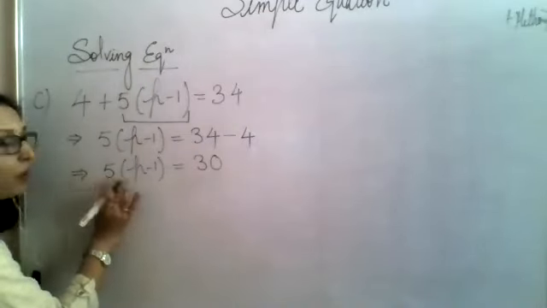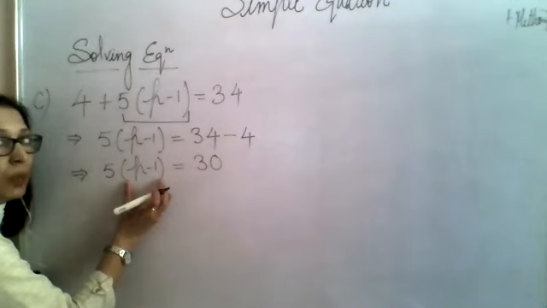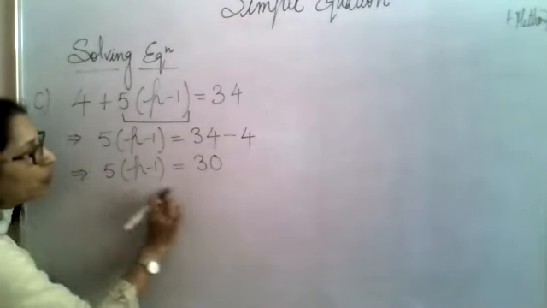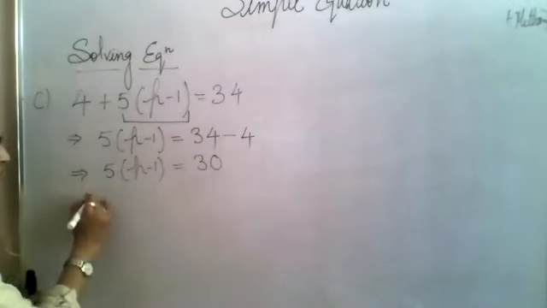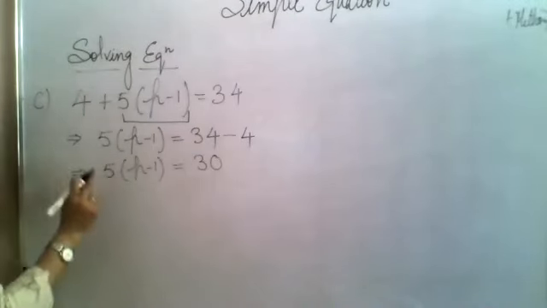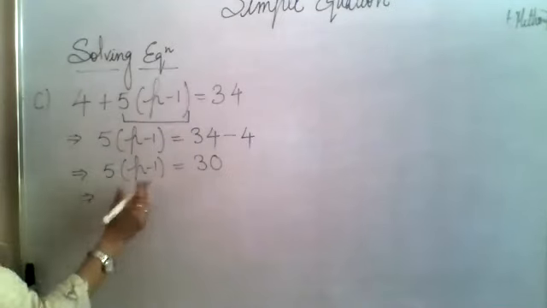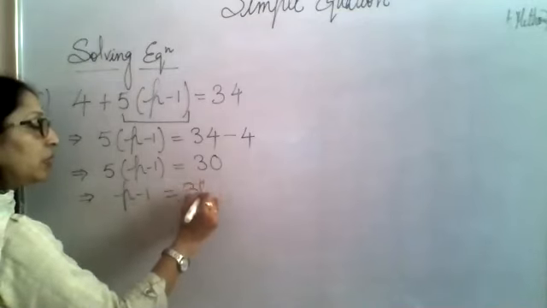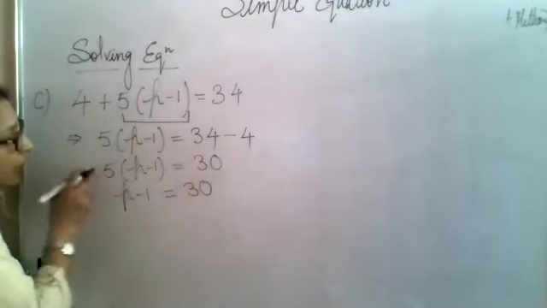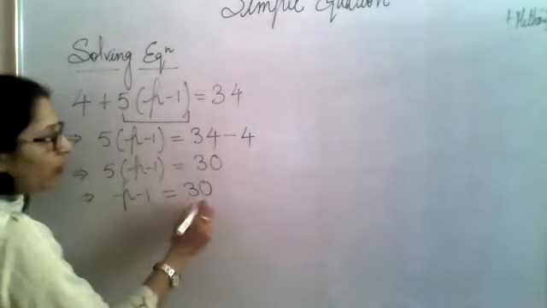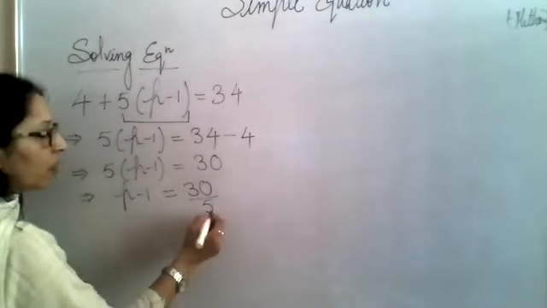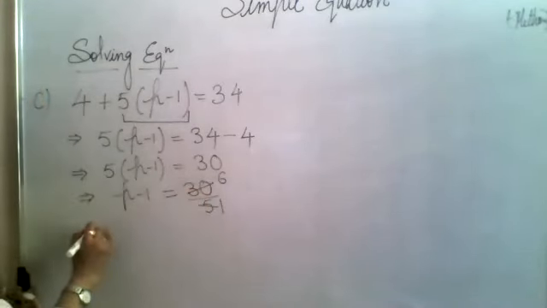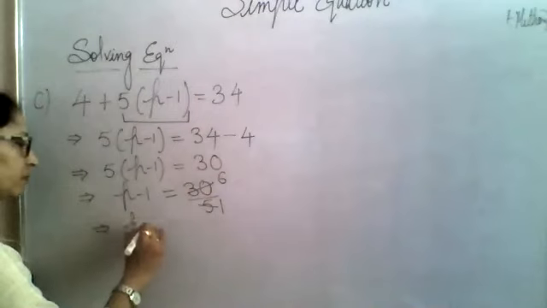The relation of 5 with p minus 1 is multiply, so it will go in divide, because I am shifting only this 5. So I will write p minus 1 as it is. So p minus 1 equal to 30, which is already written there. And I am shifting, this is multiply, will go in divide. Take reciprocal. 5, 1 is the 5. 5, 6 are 30. I'm writing.